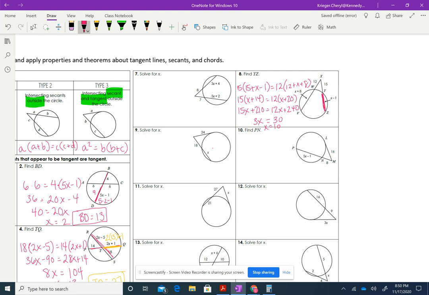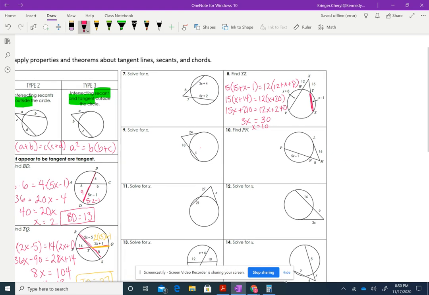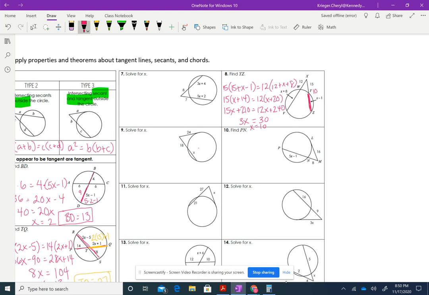And I'm trying to find this portion yz. If x is 10, yz is 10 minus 1. Yz is 9. Okay,